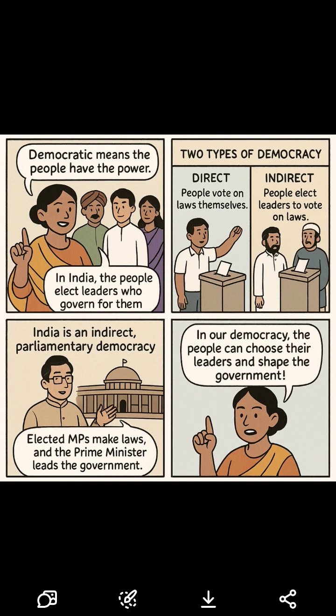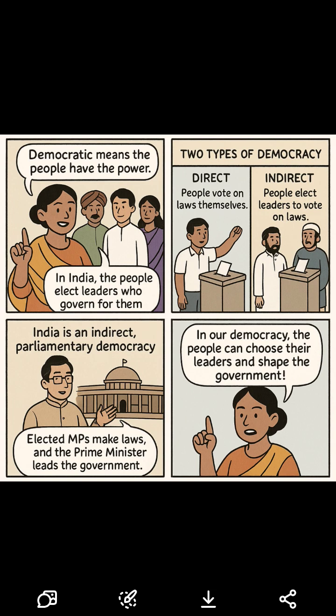5. In practice, Indian democracy. In India, every adult citizen 18 plus can vote in elections. They vote to choose MLAs for state assemblies, MPs for parliament. The majority party in the Lok Sabha chooses the Prime Minister. The elected leaders make laws, prepare budgets, and run the government. After 5 years, elections are held again, and the people decide whether to re-elect or remove leaders.